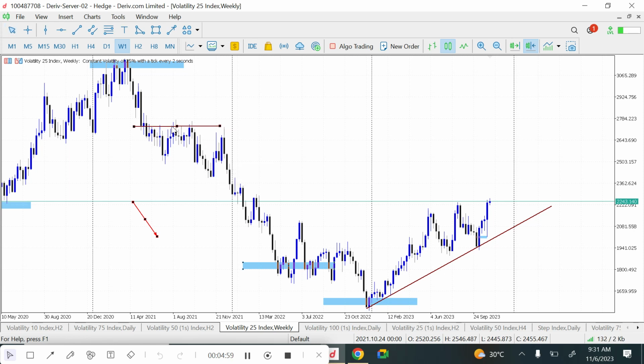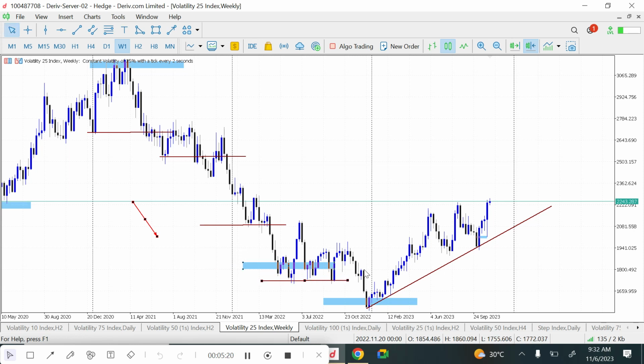So let's say this was support that was broken, price came in to test it and then sold. This support also right here, price violated it, came to retest, but it was a deep one, and then we see a sell. So we kept breaking the lows in that fashion,